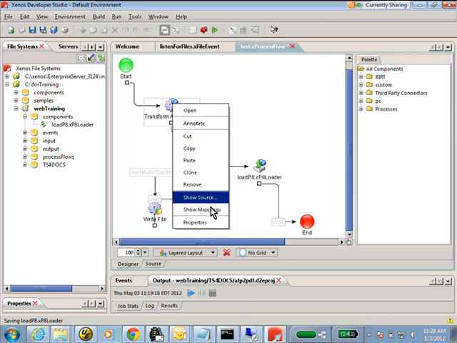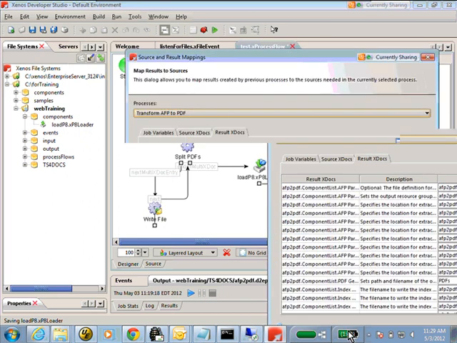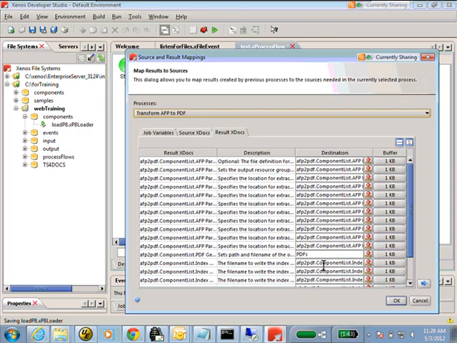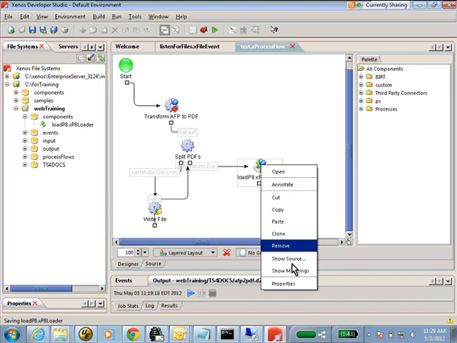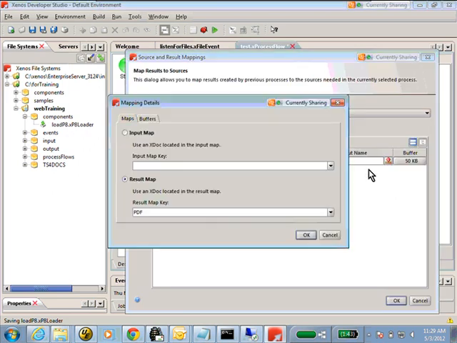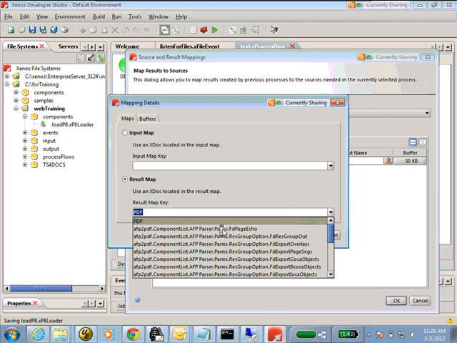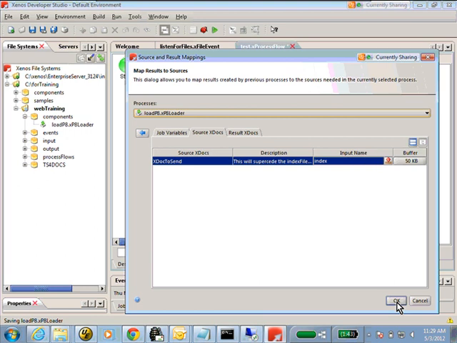So I'm just going to show the mappings here, and I'm going to pull it from the index. I'm just going to rename this to index. We already went over these mappings in previous training sessions, so please view that. I'm going to set this up here to index. Click OK, and click OK. Oh, result text docs. This is the audit log that we spoke about earlier, so we're going to push that